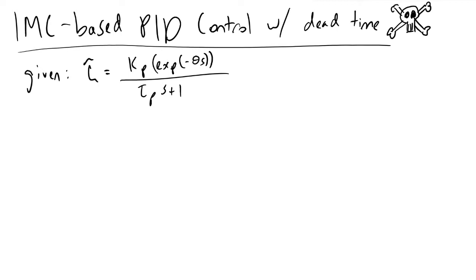And so what I'll do in this video is go over how we can use the IMC method to control a process model that has intrinsic lag in it. And so we're going to have to start worrying about this thing called dead time, which is mathematically represented by this exponential term here. And so before I get down into going through how we will build our internal model control, we're going to first look at